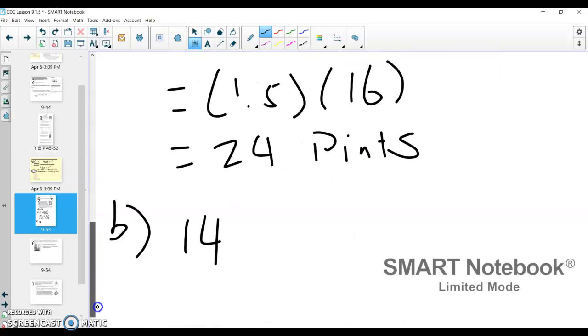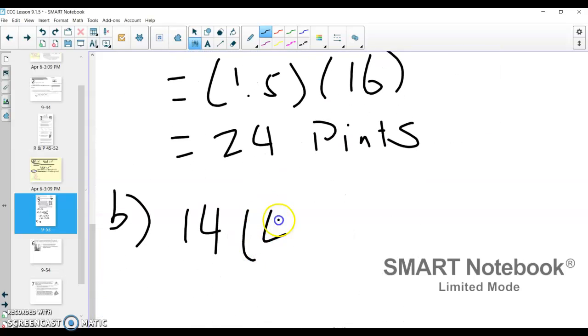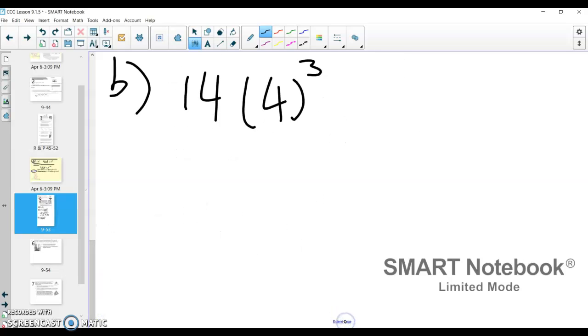We have that linear scale factor of 4. So we're going to multiply by that linear scale factor. But because we're talking about a weight, which is related to volume, we're going to use the linear scale factor cubed, because linear scale factor cubed is our volume scale factor. And so when I actually multiply this out, I get 14 times 4 cubed,